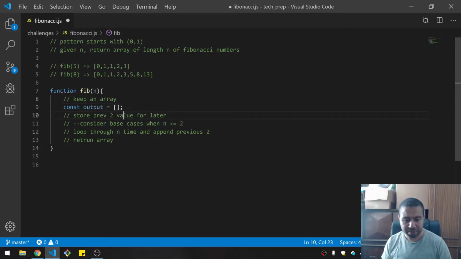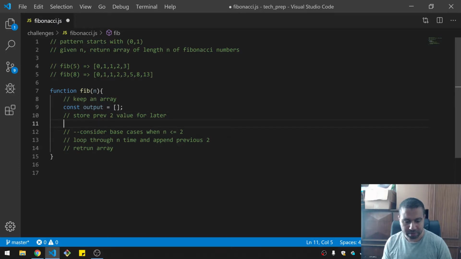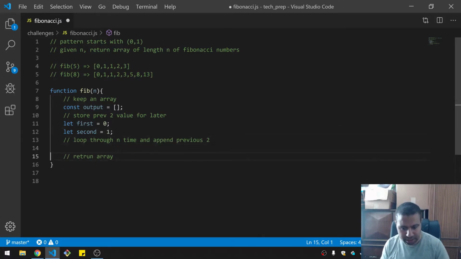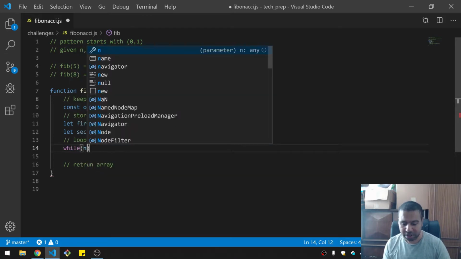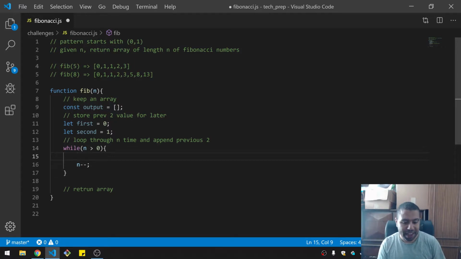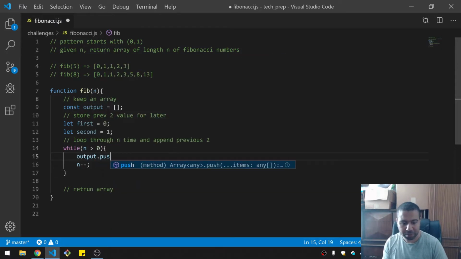Store previous two. Okay, so let first equal 0. Let second equal 1. So I don't need to consider this base case thing. And then I'm looping, so while n is greater than 0, I'm just going to use n, and I'm going to decrement n, because that should be fine, since it's just a number. And then I just push, so output.push,